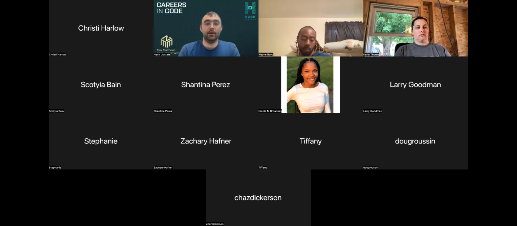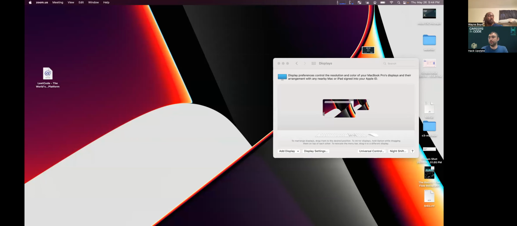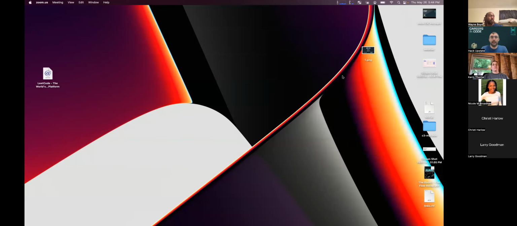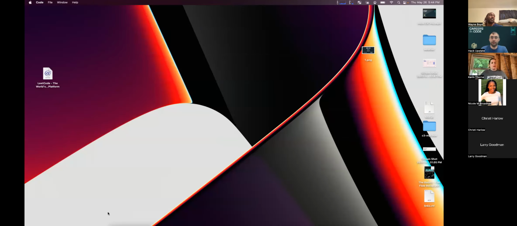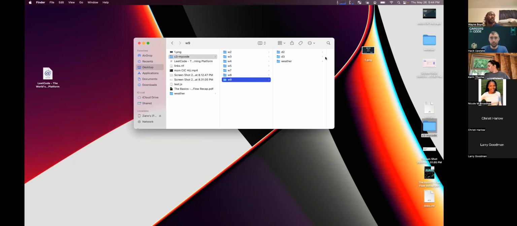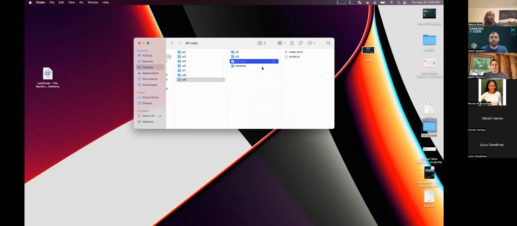Okie doke. So I'm going to share my screen. I'm moving you guys over to my other monitor. I am popping open VS Code. I am going to go to my code, my week 9, my day 3, and I'm going to duplicate it.